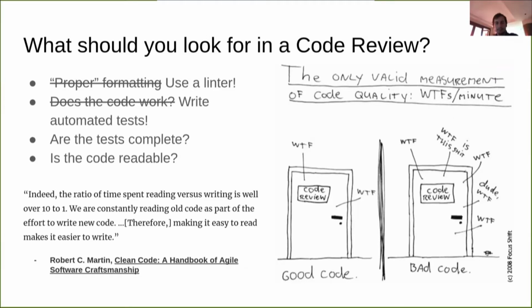A really good litmus test or heuristic I use when reviewing code is, if it doesn't make sense to me when I read it the first time, it probably needs to be refactored in some way. It might mean that it needs more comments, or it just needs to be made more clear. Whenever you read code, including my code, if it doesn't make sense to you, that needs a comment in a code review, because it needs to make sense when you read it. I have a good friend who says that good code reads like poetry. And if my code that you're reading doesn't look like poetry to you, then it's bad code and it needs to be made more clear.